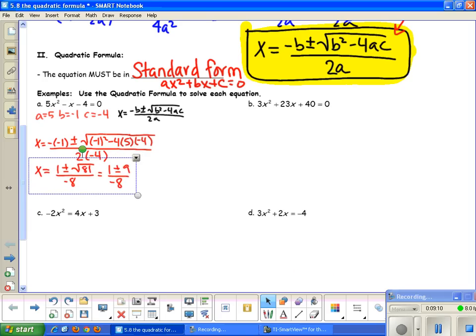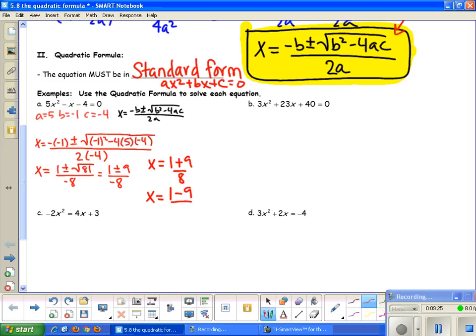So I'm going to find my two solutions. One of my solutions is going to be x equals 1 plus 9 over 8, and the other solution is x equals 1 minus 9 over -8. Again, whenever you have like terms, you want to combine those so that you can get your solution. 1 plus 9 is going to give me,